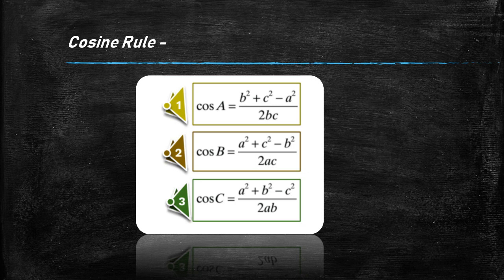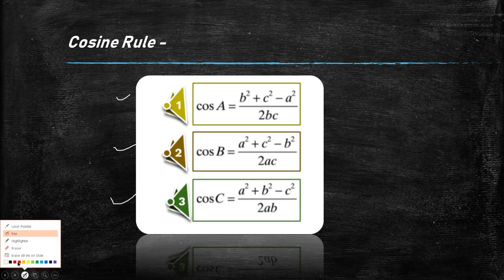So these are my three formulas, but you don't have to learn all three formulas. You have to learn some pattern. In solution of triangles, you will notice that in each type of formula, you will have some symmetry. So if I am finding cos of angle A, then at last it will be minus a square, and the rest will all be plus.